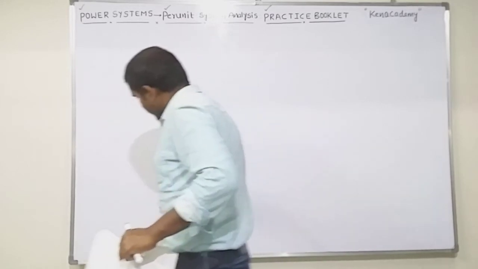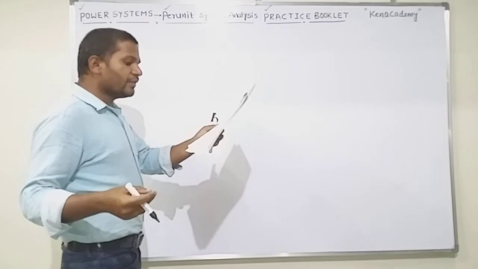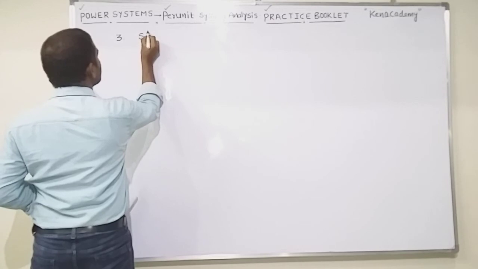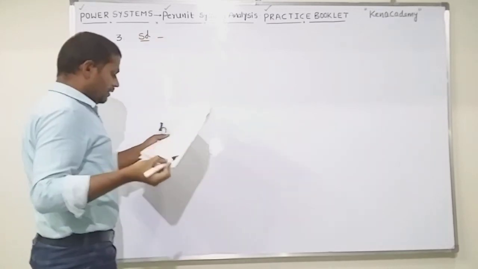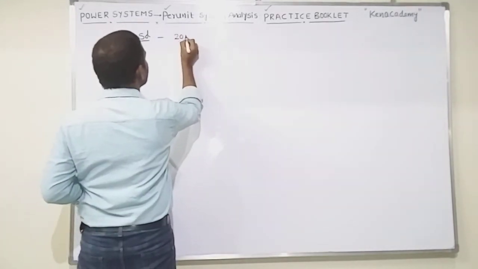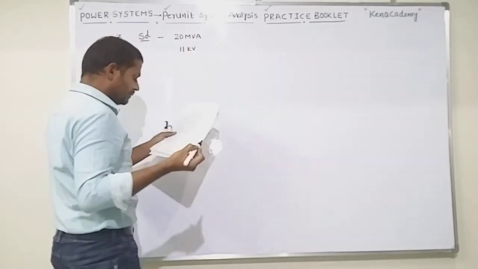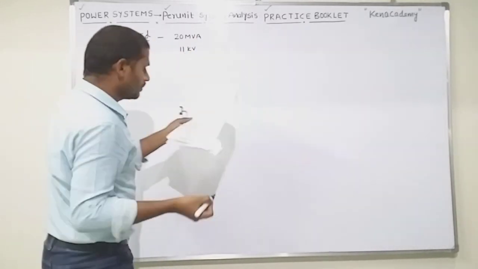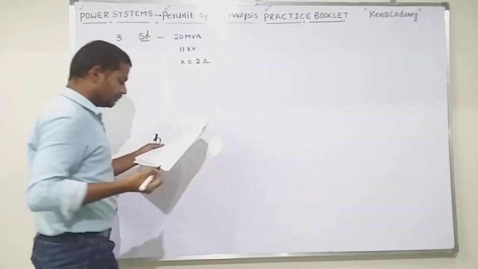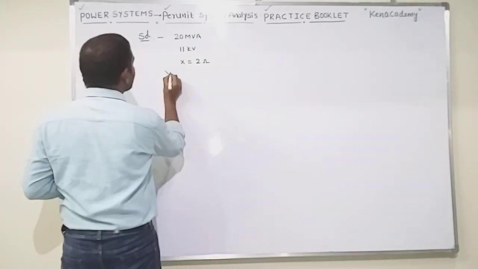Okay. All of you read the question. See question number 3. A 20 MVA, 11 kV synchronous generator, reactance X equal to 2 ohms. Find the per unit reactance at